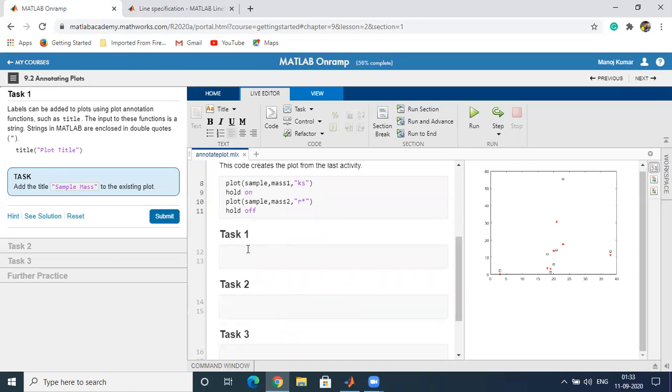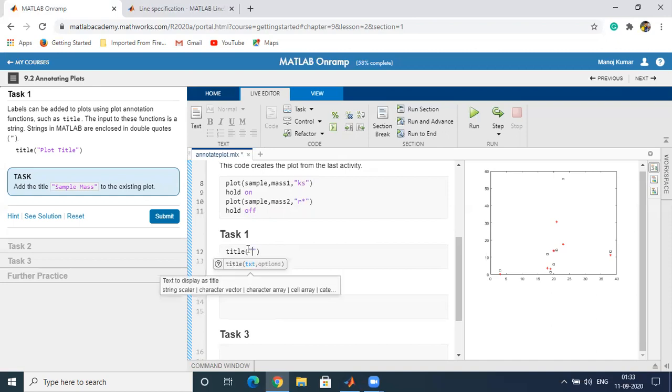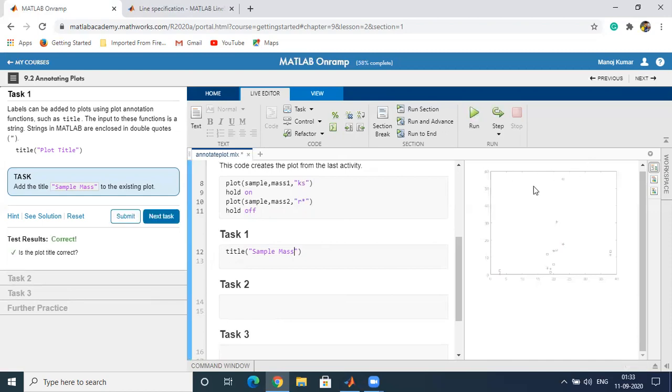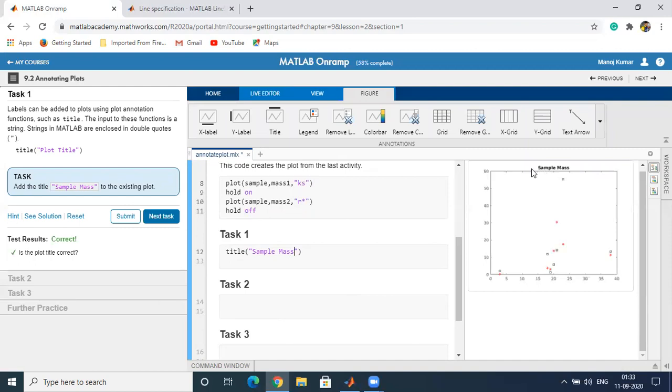So we are just typing title within the double quotes, we will type sample space mass. Now it will be in the center of the top of the figure. You can see in the center of the top of the figure, that is the sample mass.